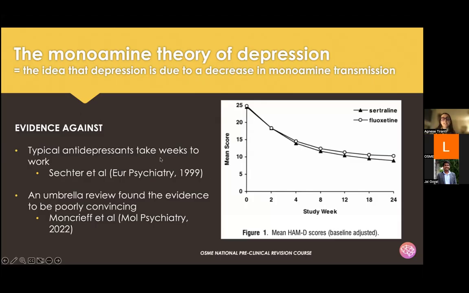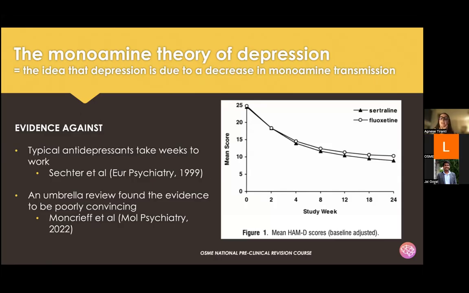So typical antidepressants take weeks to work. You can see it here. Maybe after 2 weeks there is a bit of a decrease, but normally it's said that after 4 weeks they start to become more efficacious. And this is a very good umbrella review that maybe you've done in class, but